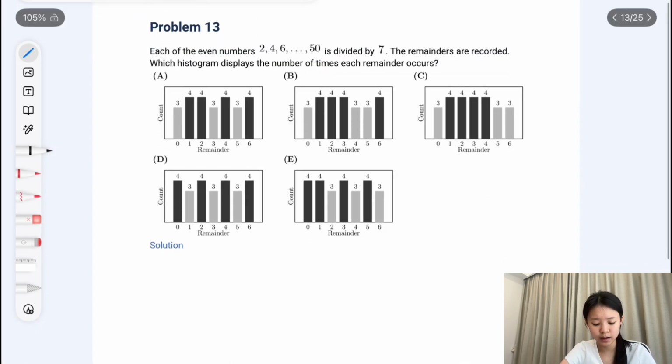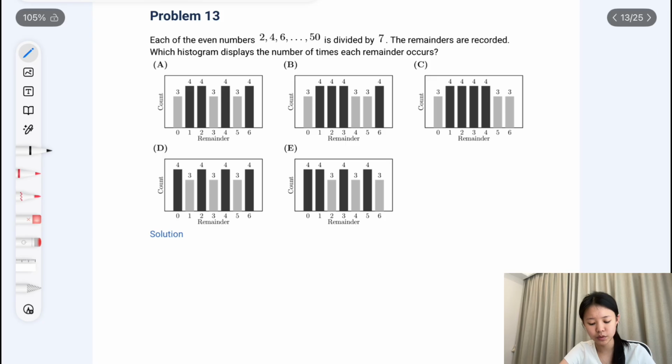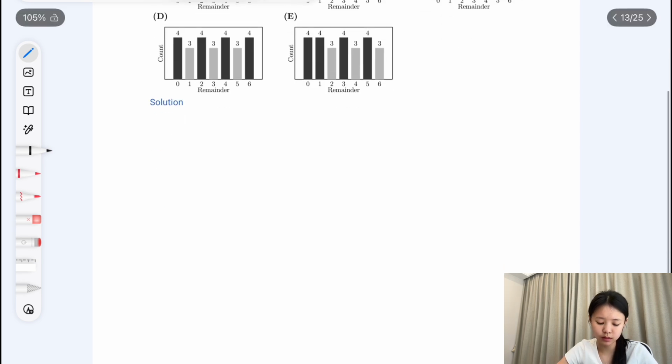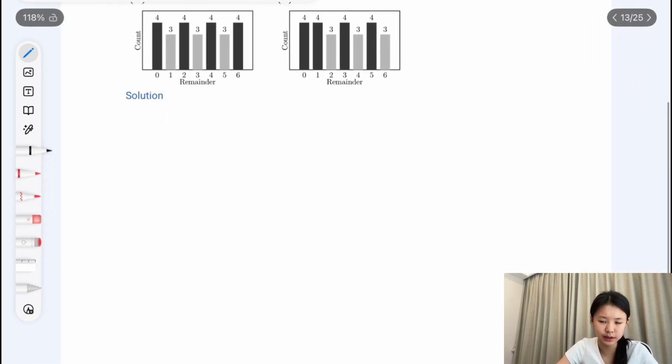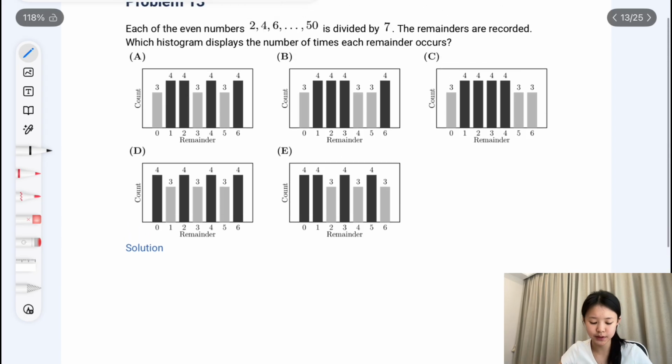Question 13. Each of the even numbers from 2 to 50 is divided by 7, and the remainders are recorded. Which histogram displays the number of times each remainder occurred? So what we can do for this type of question is, because they give us this ascending sequence from 2 to 50, we know that the remainders of 7 are going to just repeat and they're